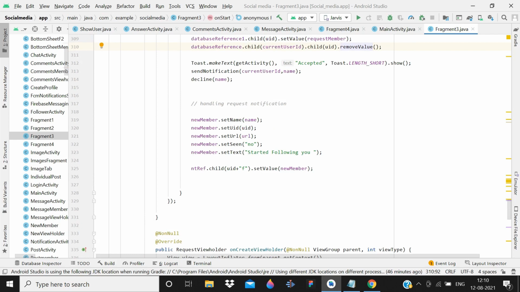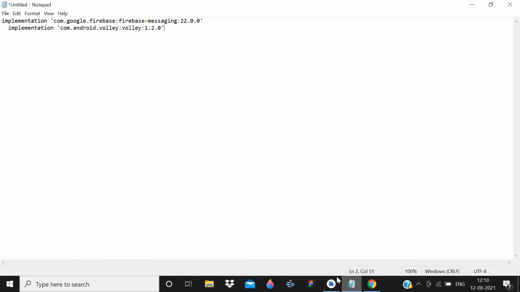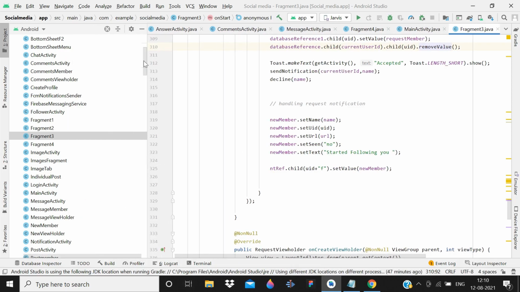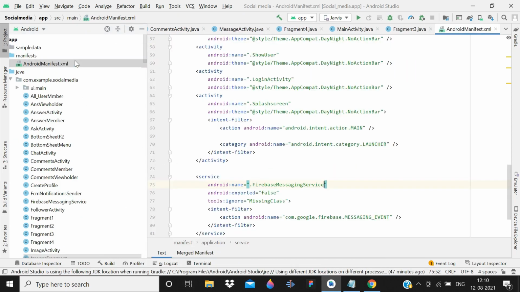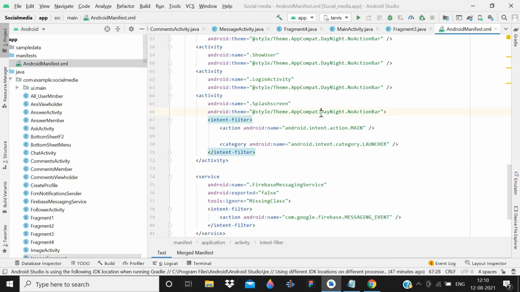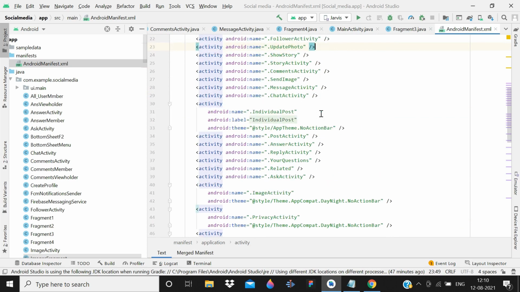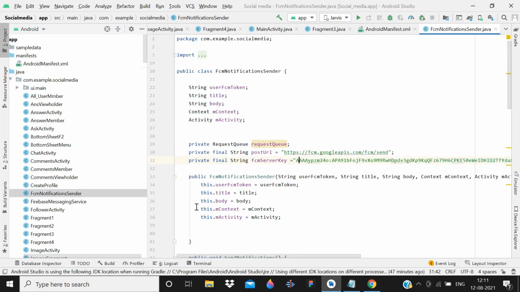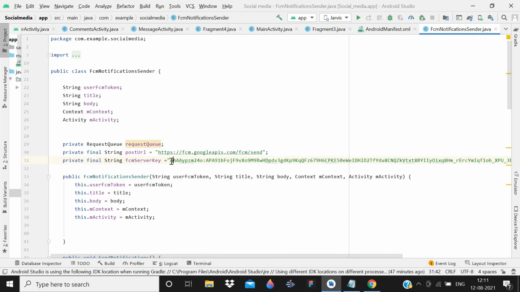And now I think we have implemented this in all of the activities, so let me just revise everything that we did. First of all, add the dependency, then after adding that open your manifest part and add this Firebase messaging service, understand? And then add the vibrate permission, and then FCM notification sender, copy the API server key from Firebase and paste it here.